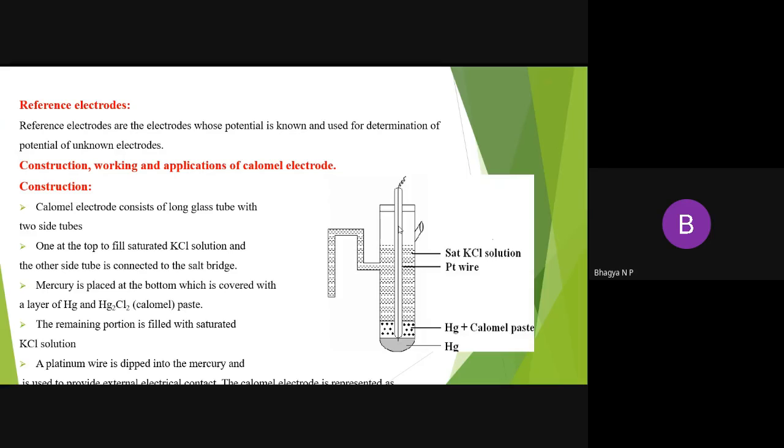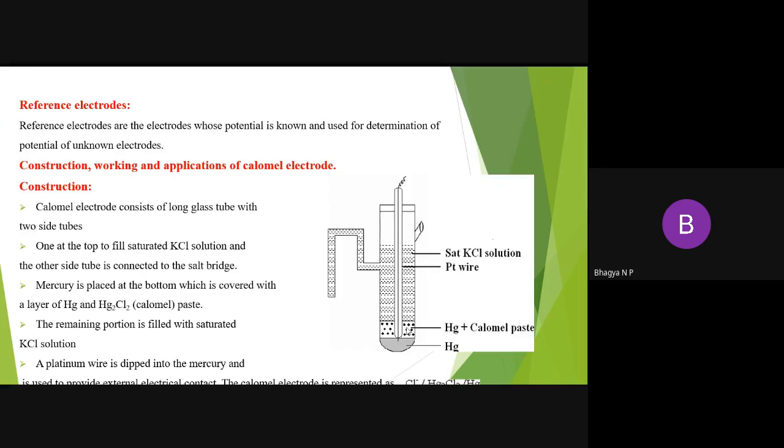Then the next is how to represent this calomel electrode. Whenever we represent a cell, it should always be a continuation. So always start the representation of a cell at one end and end with the other end. Let us start with KCl. I have written Cl minus, which represents KCl. A single vertical line represents the boundary line. So this KCl